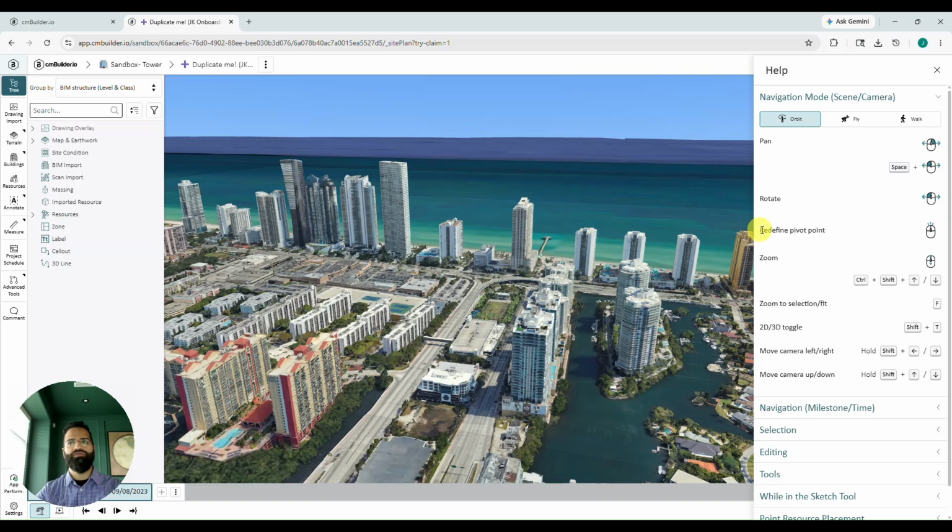Next, we'll cover redefining the pivot point. The pivot point is kind of the point of focus. So at various times, you're going to want to focus at different areas on your site. You can redefine your pivot point to help with that. Our project site is going to be right here, this field. So I'm going to go ahead and click my scroll wheel while my cursor is over that field,